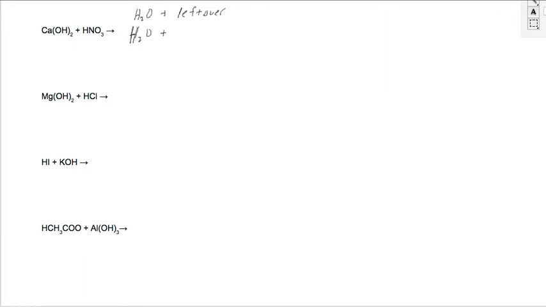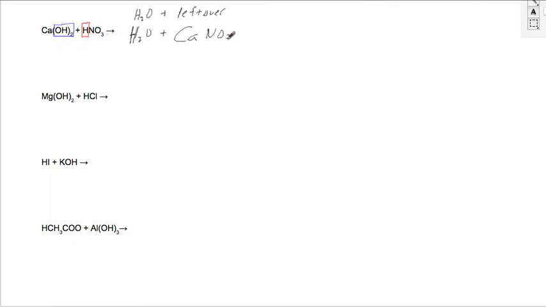Now, the acid is this one right here. To make water, we had to use everything from the acid that makes the acid, which is that hydrogen. The base over here has that hydroxide, so use everything from the base that makes it a base. So all of that hydroxide, even that subscript 2, we still need to include into what is in water. Now, you're going to be a little bit frustrated here because maybe it doesn't balance out the way that you think it should. We'll take care of that at the end. What we're left with then is calcium